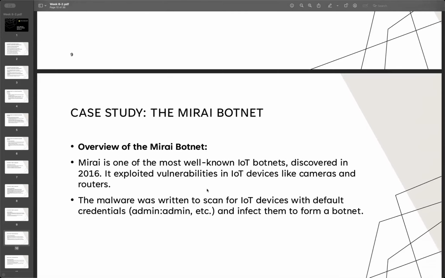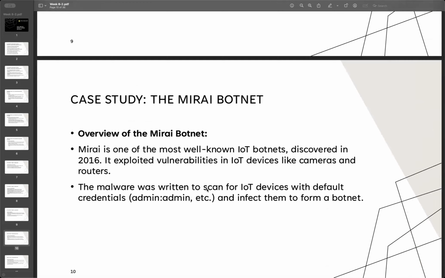And Mirai is the most well-known botnet, so I always mention this one. It was discovered in 2016, almost 9 years ago. It exploits vulnerabilities in IoT devices, including cameras and routers.